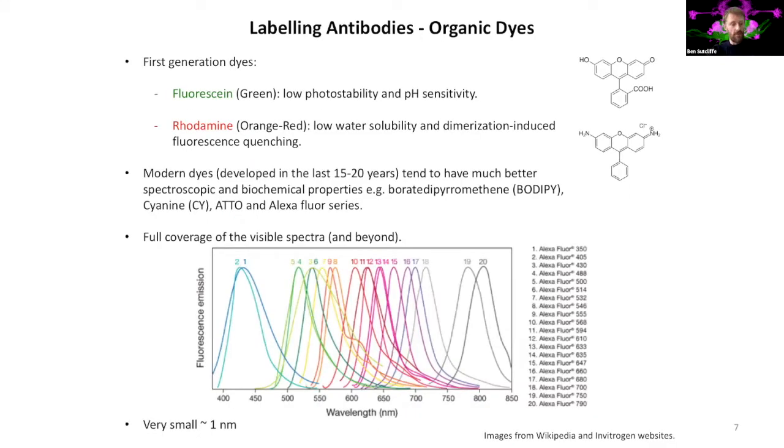So what can you then do to label these primary antibodies? Well, you can use secondary antibodies, which have an organic dye coupled to them. The traditional organic dyes were fluorescein and rhodamine. These had low stability, and they were pH sensitive, and they're prone to quenching and things like this. So modern dyes developed in the last 15 to 20 years are much, much better than this, and they're very, very robust. They're difficult to bleach,